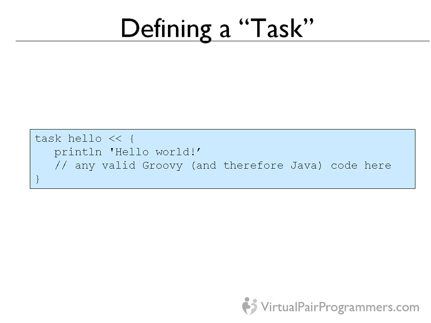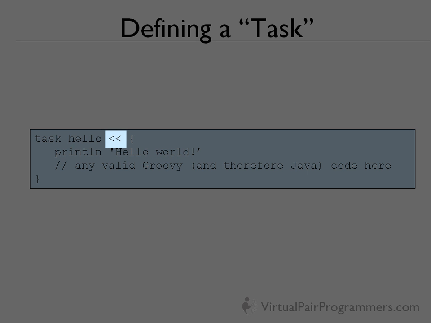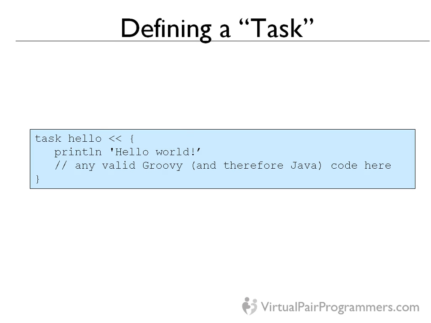We have here the keyword task, followed by the name of the task that we're defining. Now I'll talk in a moment about what these symbols mean. Notice here there's a strange less than symbol that you probably haven't seen in any Java code before. And we've got curly brackets followed by some code. I'll talk about exactly what's going on here in a short while. But for now, I hope you can accept that this is the way that we define a